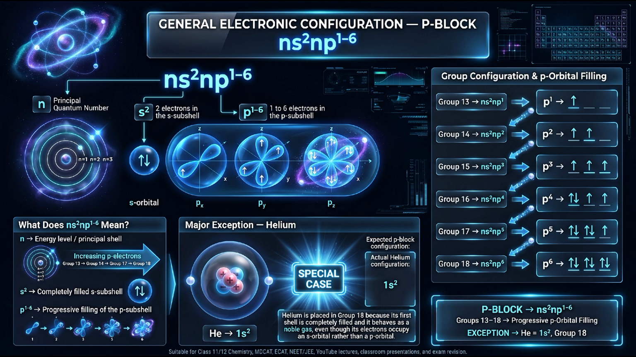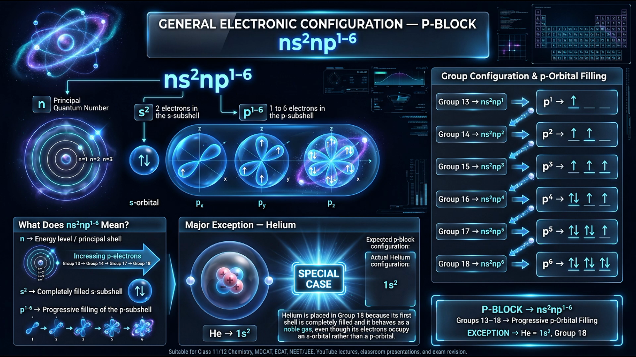The general configuration ns²np1-6 tells us exactly how the electrons are arranged in the outermost shell of these elements. Let us first understand what the letter n means in this configuration. The letter n represents the principal quantum number, which identifies the main energy level or shell in which the valence electrons are present. For example, in the second period, n has a value of 2, so the outer configuration of